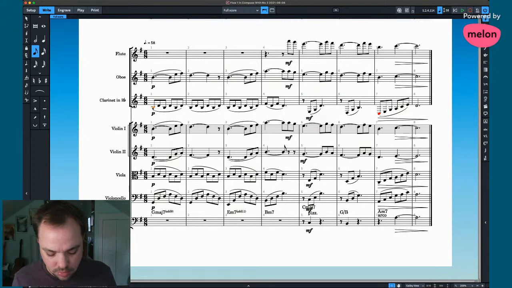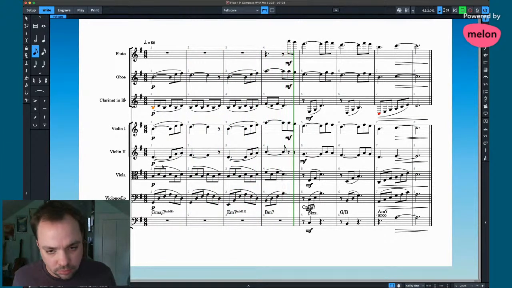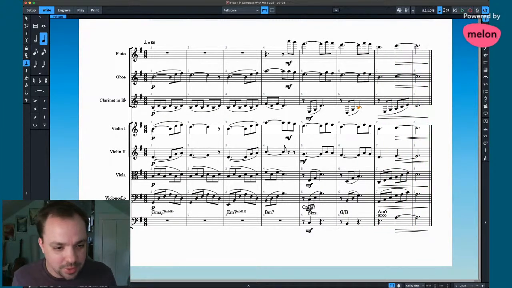Alright, what do we got? Not loud enough, which is, no, I don't want everybody who's piano to be, I just want this guy to be, that's a piano, just that one line is not cutting through as much as I think it should be balancing.